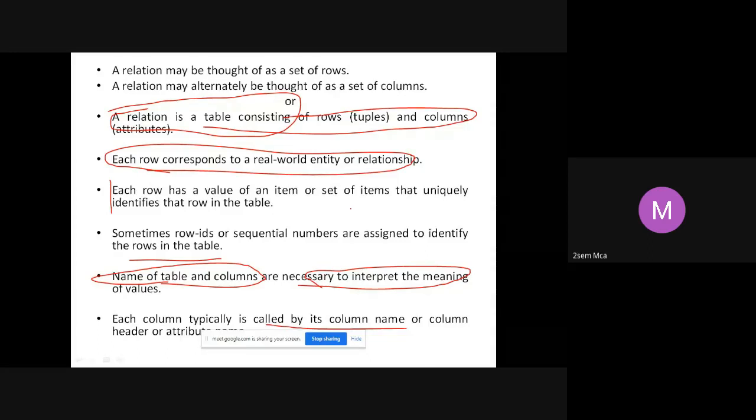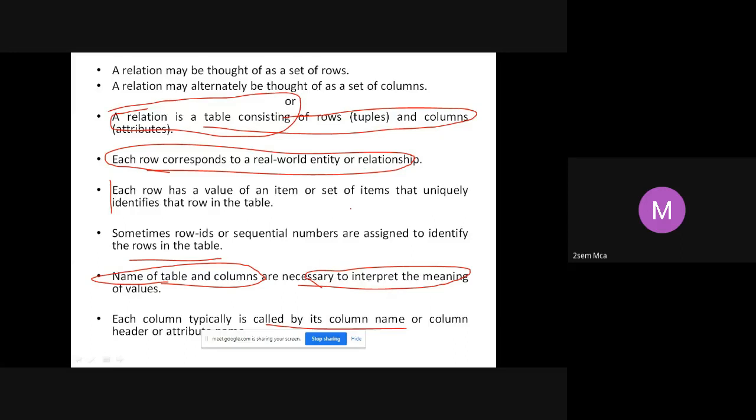What we have learned in this slide is, what do we mean by a relation? Relation means what? It is nothing but a table. A table is also called a relation. You can see it as a set of rows, you can see it as a set of columns, or you call it a table consisting of rows and columns. Everything is fine. So relation means it's a table. Relationship is different, relation is different. I will keep repeating this because this concept is very important. Relation means table. Relationship means the association between different entities, which we saw in the last classes.